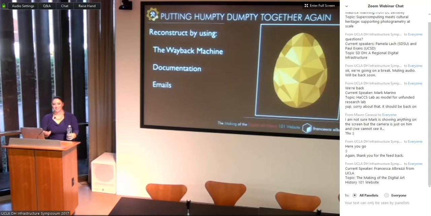It basically, any kind of web page that the crawlers have gone out and saved, you can find there. And it's helped me find a few of the lost pages of the websites. So that's been really nice, and I can use that to help kind of reconstruct some of the data that was lost. Also, documentation. I actually started as an interim project manager at the Getty Research Institute a while ago,